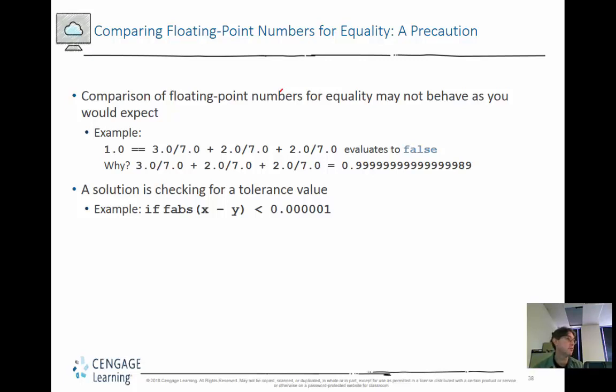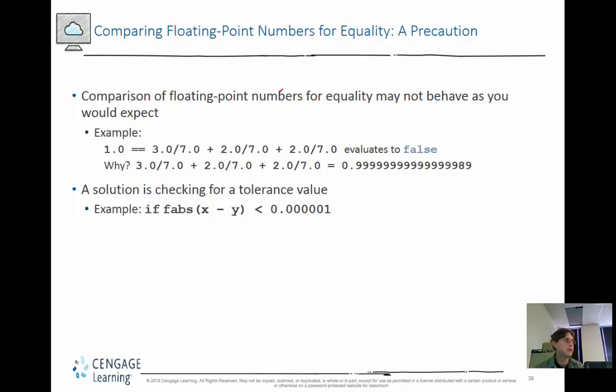And this can also depend on your compiler. Some compilers are more accurate than others as far as how many decimal places they go out. So suppose you have something like this. You're testing to see, okay, is 1.0 equal to 3.0 divided by 7.0 plus 2.0 divided by 7.0 plus 2.0